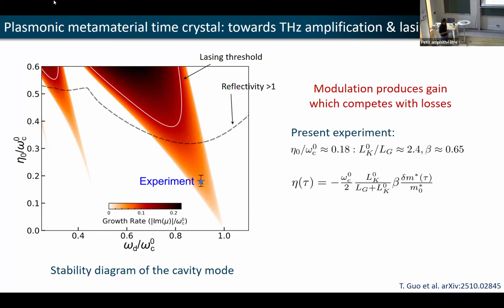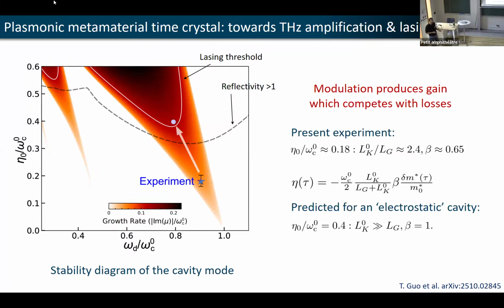The way we plan to do that is that our cavities maybe do not have the best design for the moment. One way we can improve that is to make the cavities a bit smaller to increase this kinetic inductance, which is the one we are actually modulating. In the cavities we were looking at here, there was a part of the cavities that had the